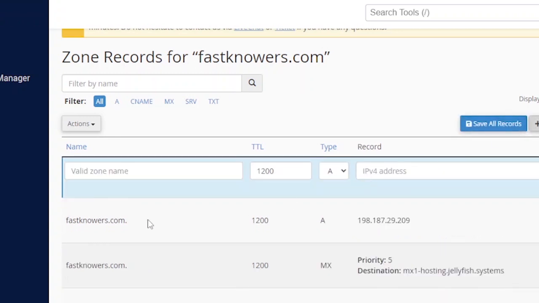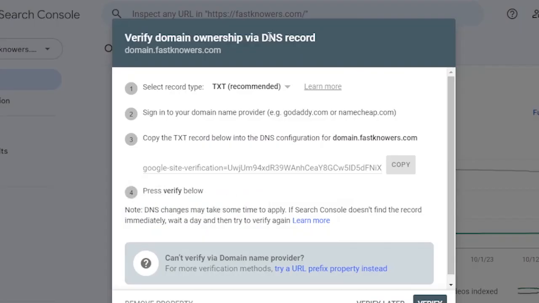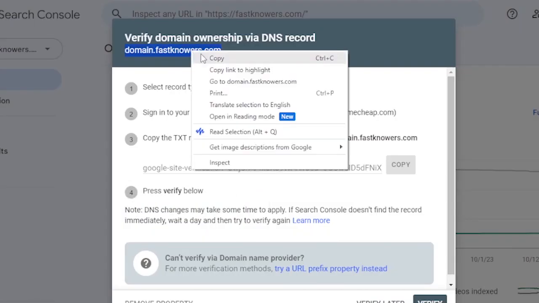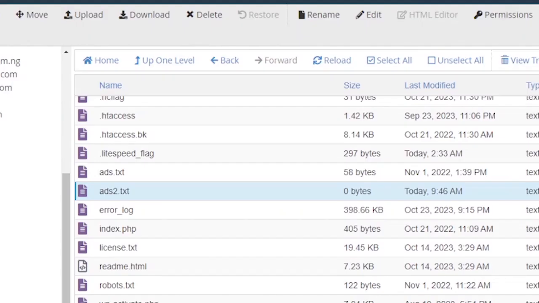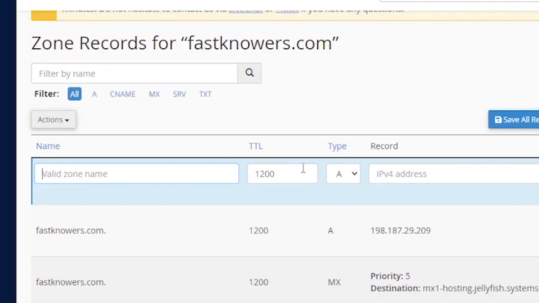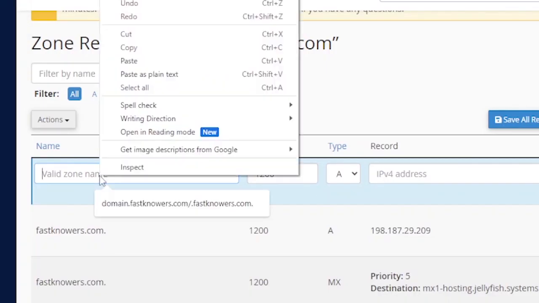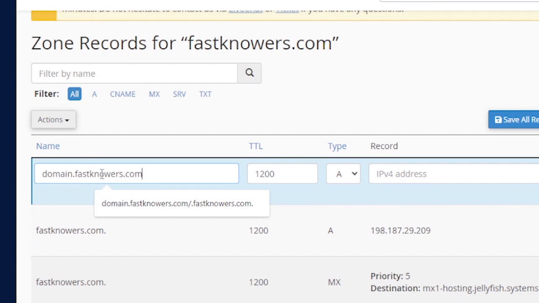So enter the valid zone name. So what you are going to do is, we copy this link, we paste it here and paste it. This is the TTL, time to load. It means time to load, time for it to load, because here, if you come here, they will also tell